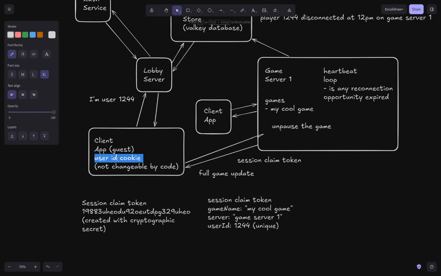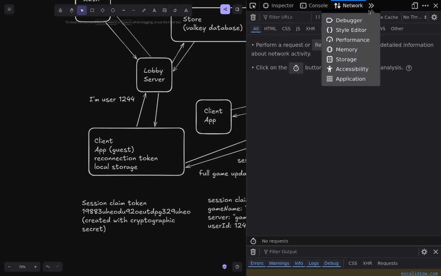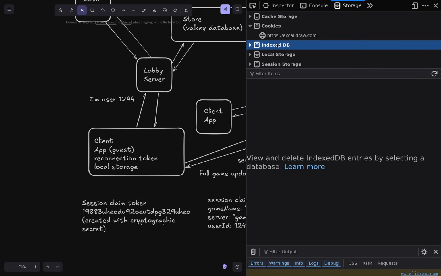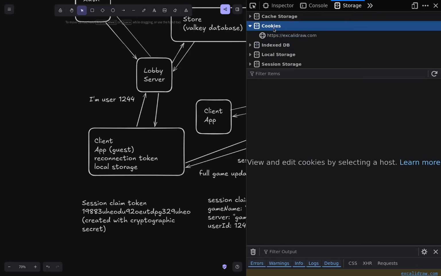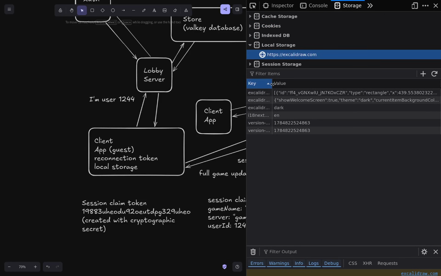And instead of a user ID cookie, you have a reconnection token. And this token is just written down in local storage. Local storage is a way the browser can store data, but you can go change that whenever you want. Like if I go in here and I go to storage and I go to this website, like excalidraw.com, there's cookies, which the code can't change itself, but there is local storage, and they've set some things for me. Apparently, the theme is stored here, which I've never gone on for this website, but you can just make a new one and be like,